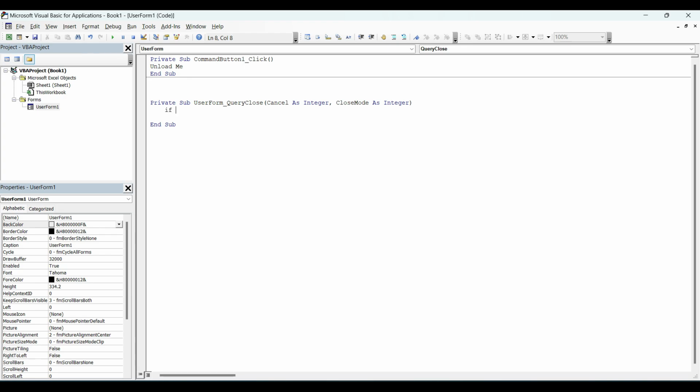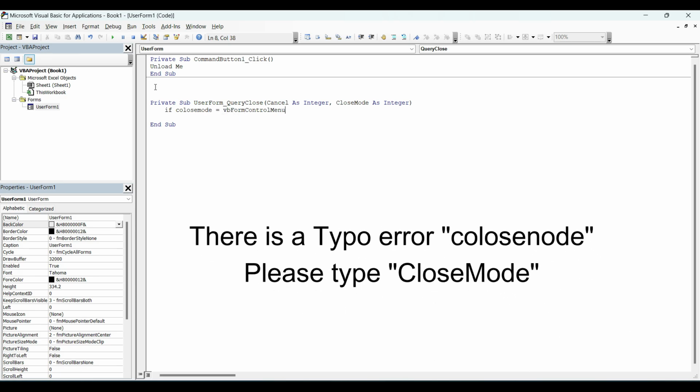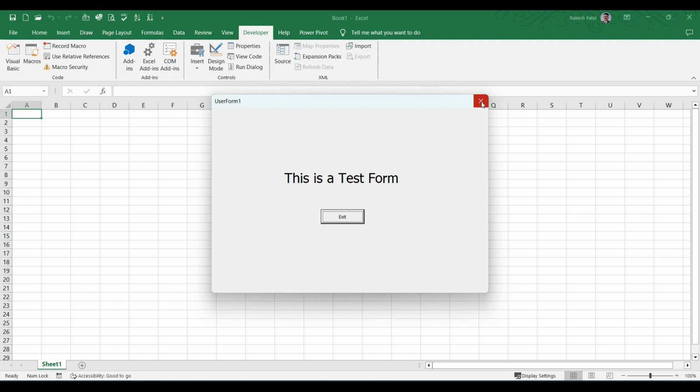So we will see if CloseMode equals vbFormControlMenu, then we simply have to change the property of Cancel to True. So Cancel equals True. This won't allow us to close from that close button. It won't allow. So the exit is the only option where we can use it.